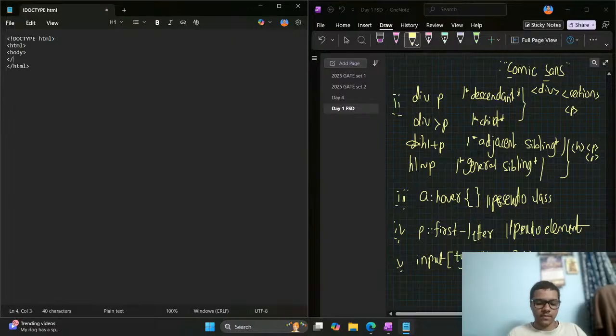Body, body, h1 simple selector. So style, okay. Inside that, paragraph, color red,